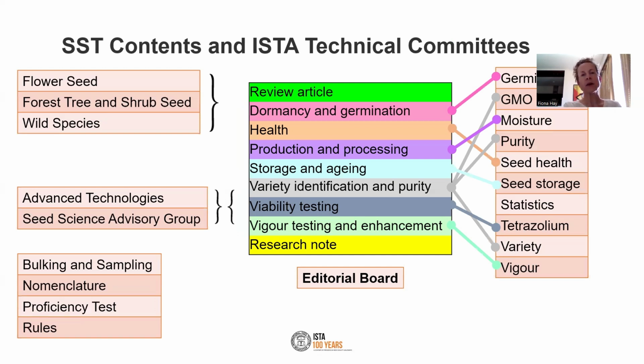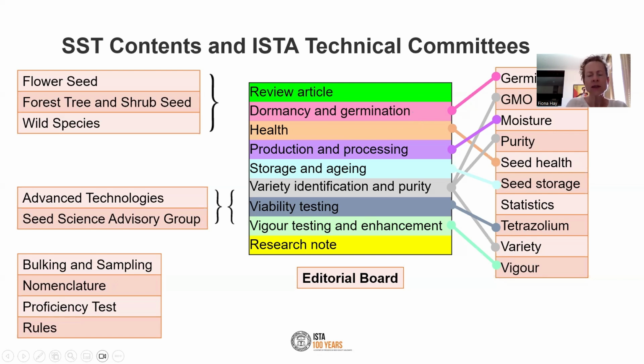And here now I've added on the names of ISTA's technical committees. So the editorial board for the journal does count as a technical committee. Obviously, we're responsible for the journal and handling the papers that get submitted to it. And the link between the articles that we publish in Seed Science and Technology and the committees is really very clear on here. So you can see we have, for example, papers published on dormancy and germination, and any paper